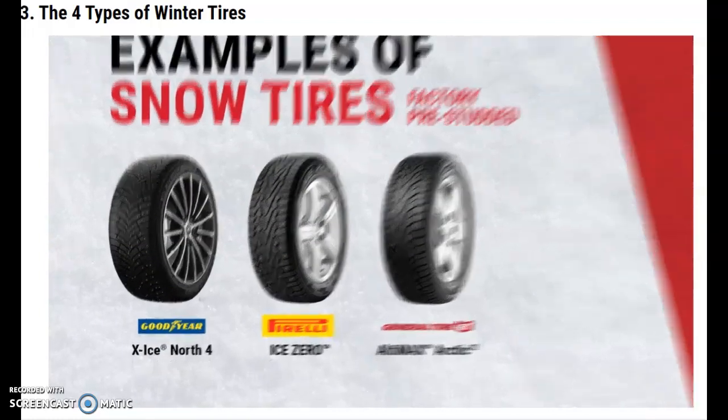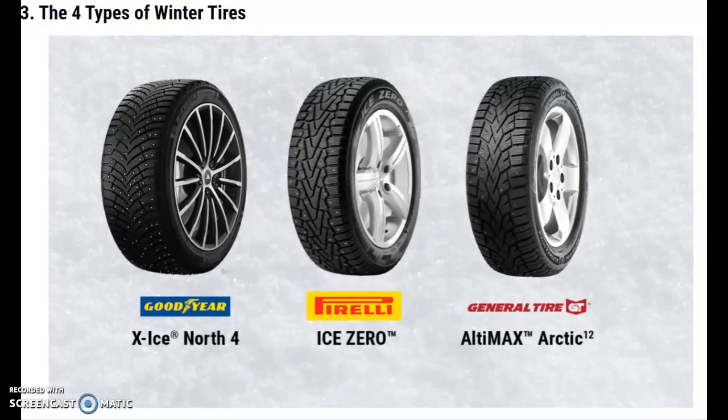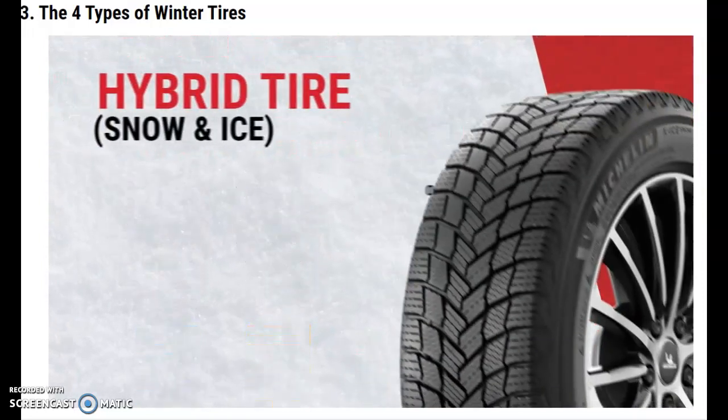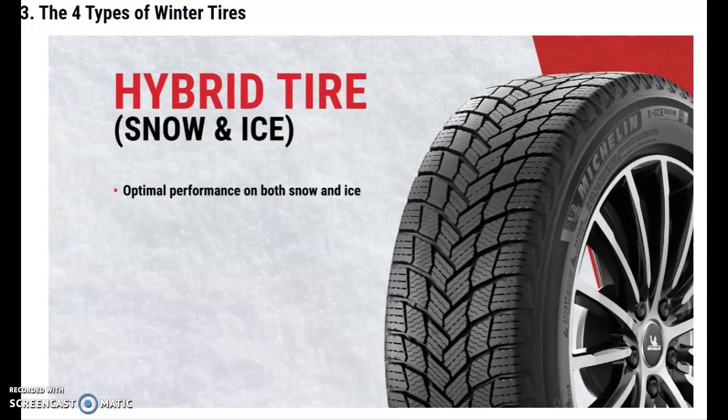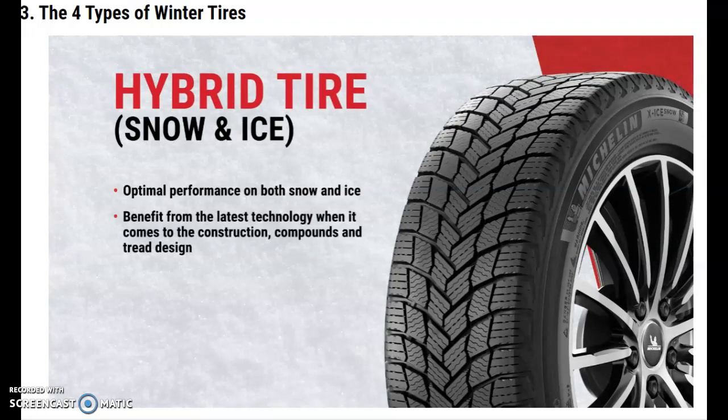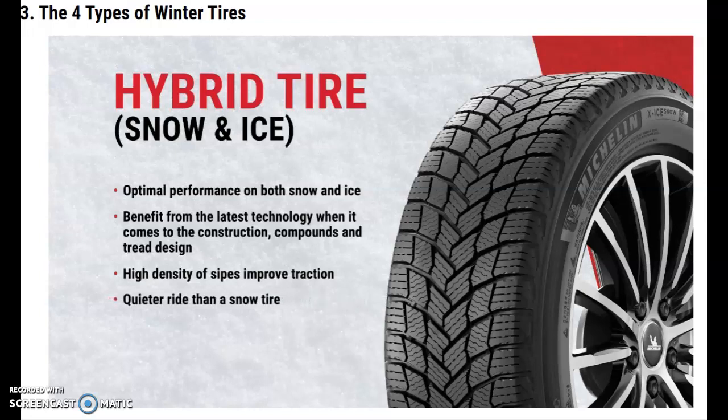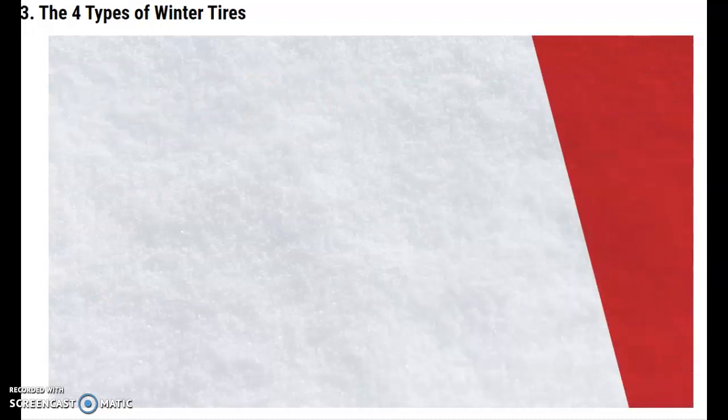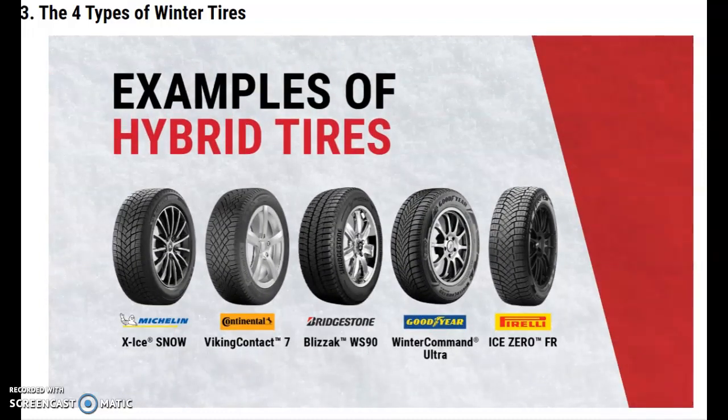Some examples of factory pre-studded snow tires are: Hybrid tires have optimal performance on both snow and ice-covered surfaces. They benefit from the latest technology when it comes to the construction, compounds, and tread designs. These tires have a high density of sipes, which improves traction in all aspects of winter conditions and provides a quieter ride because of the tighter tread design versus a snow tire. Some examples of hybrid tires are: